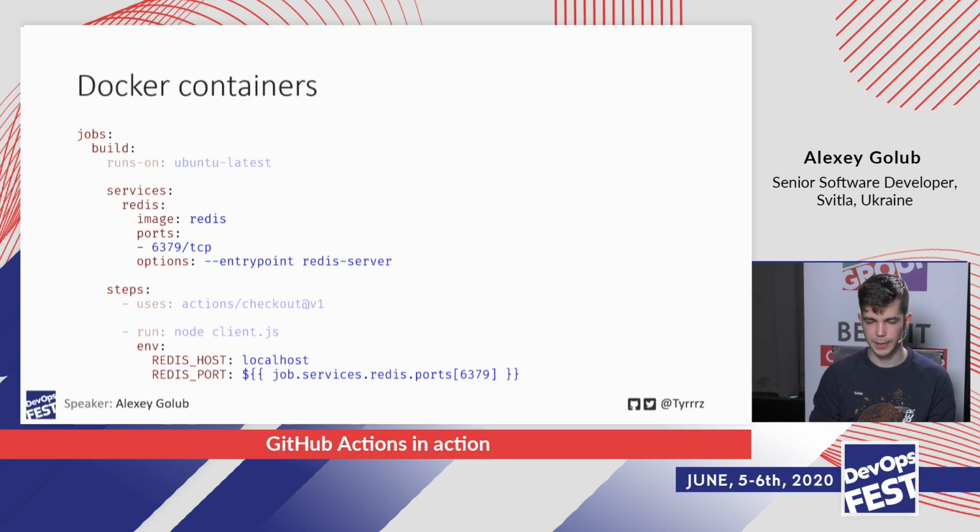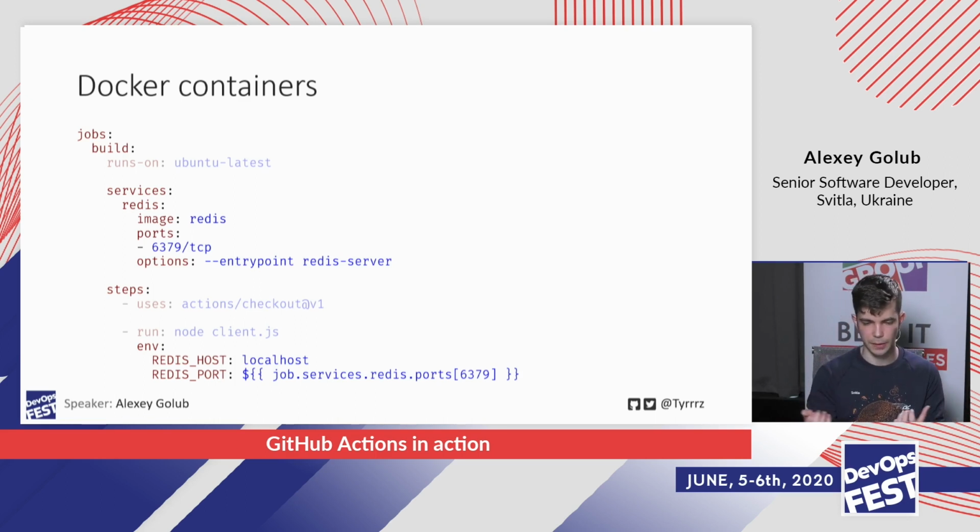So what happens here is that, for example, we may have, again for simplicity's sake, some Node.js client that talks to Redis. Let's say we have some integration test that we want to run. And in order to have Redis running there, I could use the Docker image that is uploaded to Docker Hub. And to do that, I just specify the services section. I give a key, Redis.